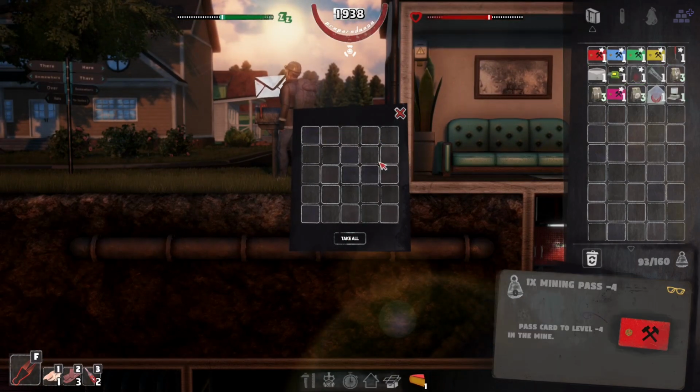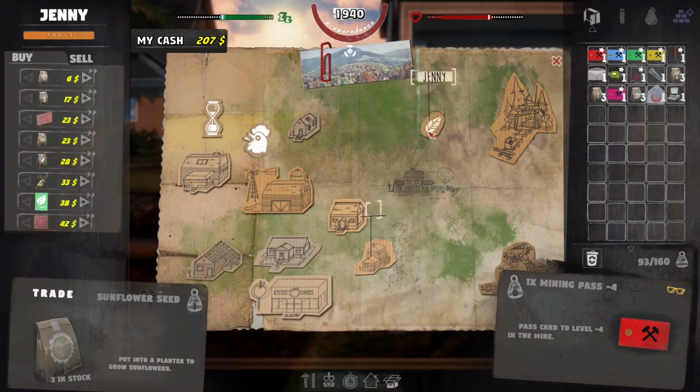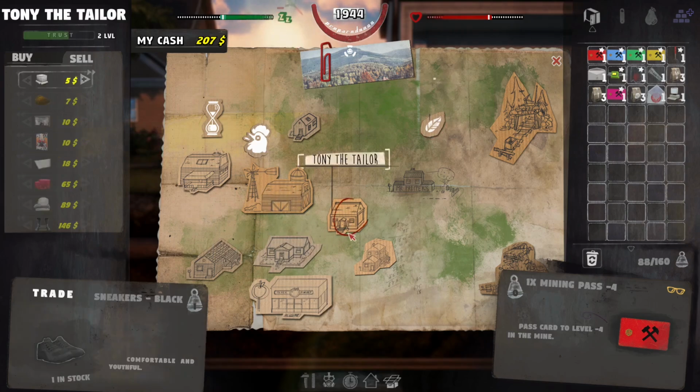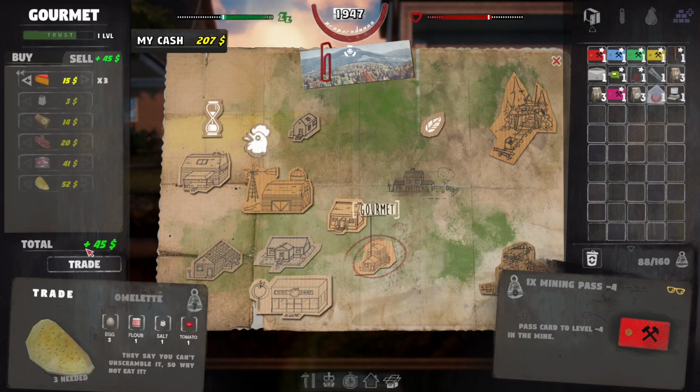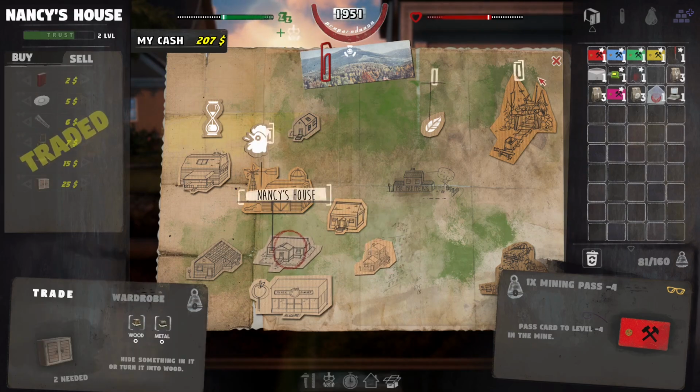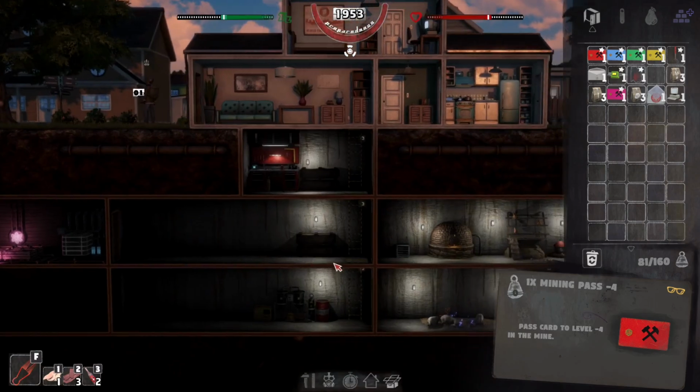Alright, now let's take all of that. Jenny, do you want to buy... Yep, you want to buy the carrots, that's good. And then you want to buy the cheese, that's even better. And Nancy, do you want to buy... Yep, you want to buy the newspaper as well. Brilliant. No idea what she's doing with all those things, but...